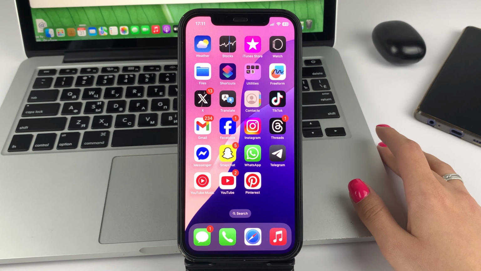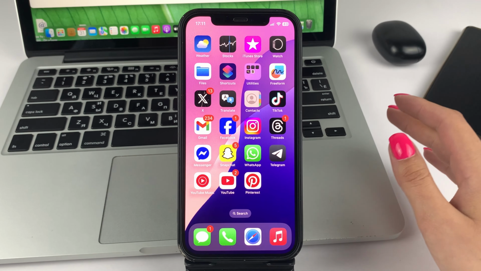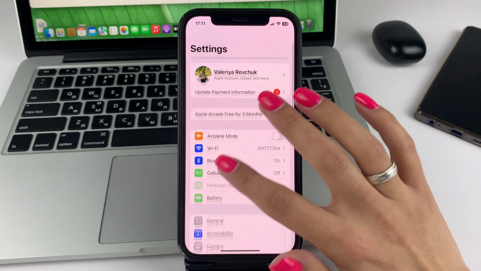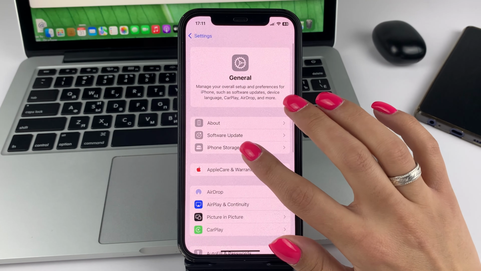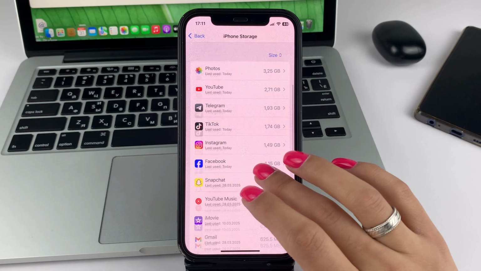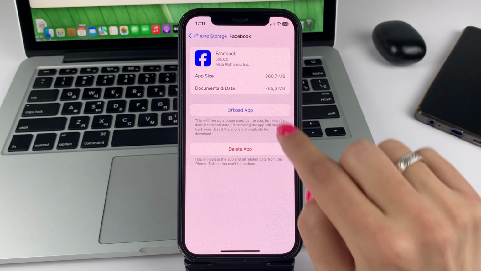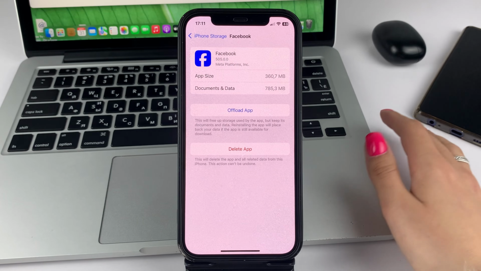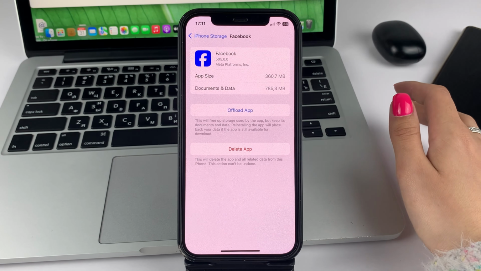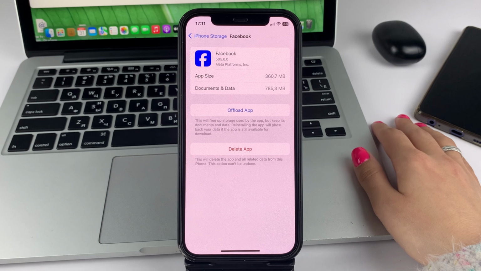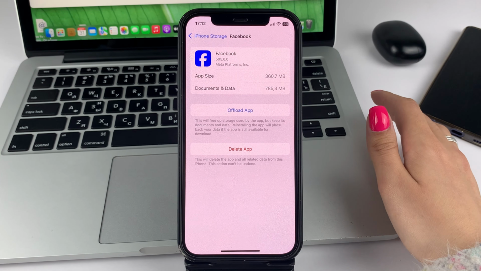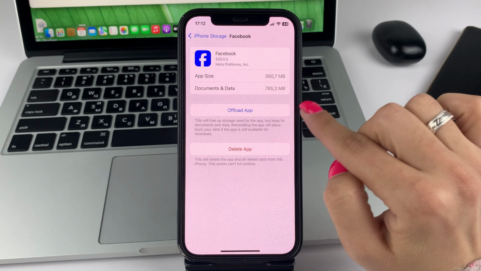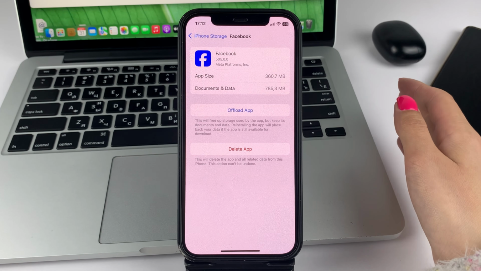If it did not help you, then I recommend you clear the cached and unnecessary files of this application. To do this, open the settings, then select General, iPhone Storage. Go to this app and then press Delete. And then unload this app again. By unloading such an app, you will have cleared various cache files and also maybe some corrupted and outdated files of this app. You don't have to worry, all your data will be saved, and after reinstalling the app, you can easily re-enter it with all your data.